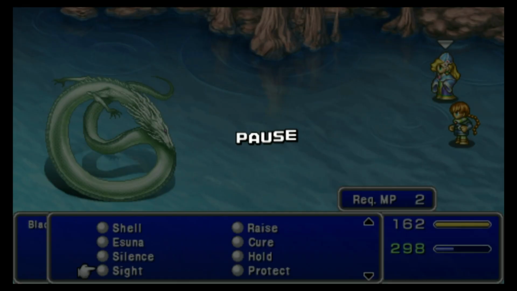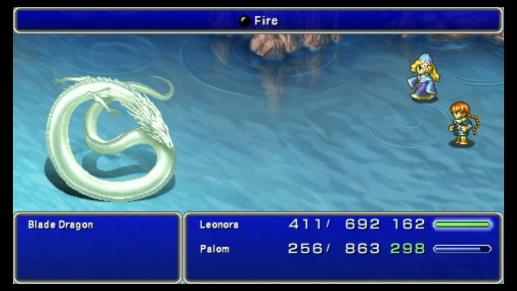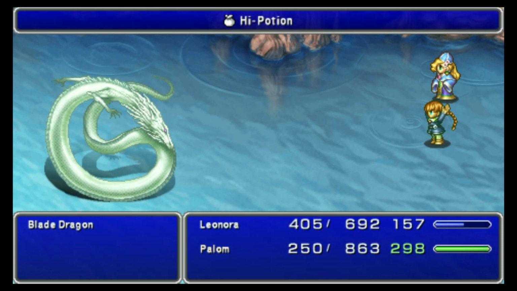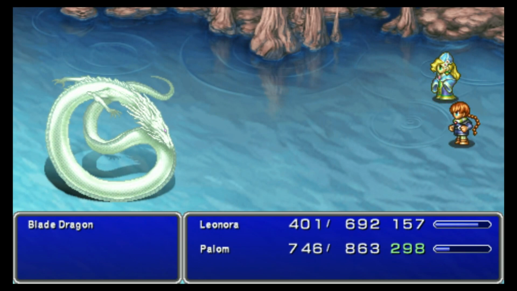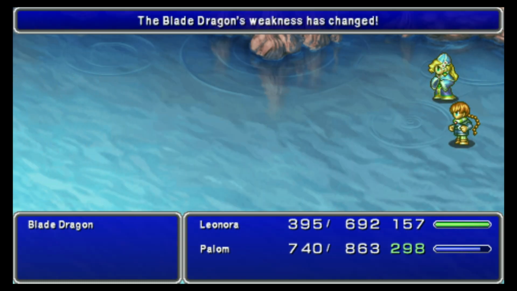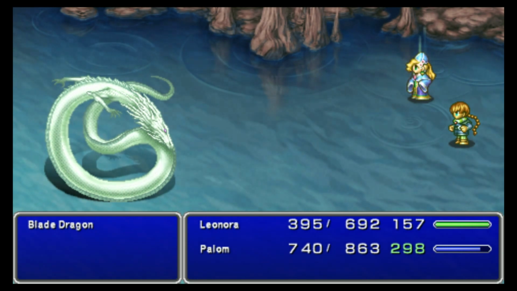Okay, so what we're gonna do is, nope, that's the wrong thing. Fire. Okay, that's fine. That's fine. We're okay. Any elemental spell, doesn't matter. Just get him to barrier shift. Now we just need to kind of wait out this venom breath here. And now what we want to start doing is whenever we get a free turn with Leonora, we want to